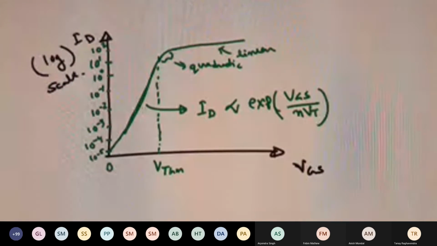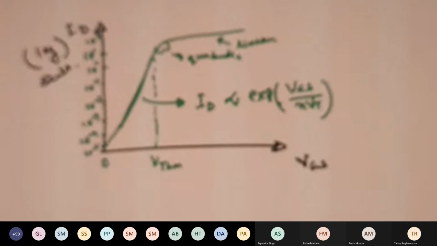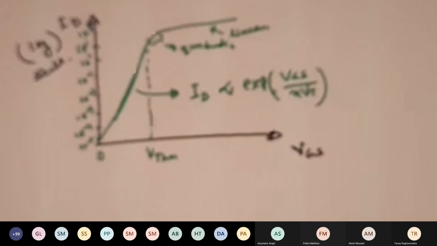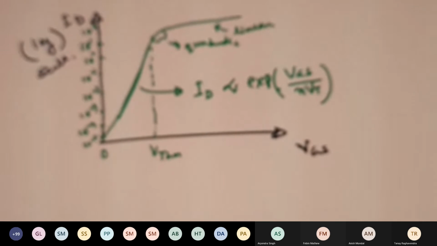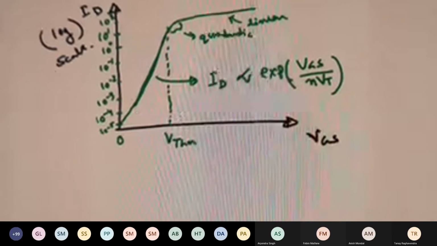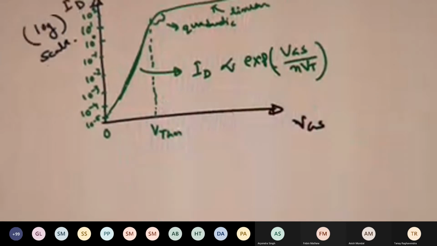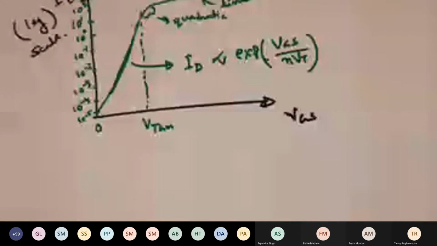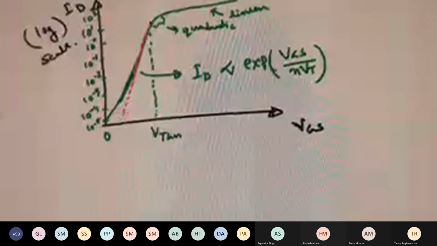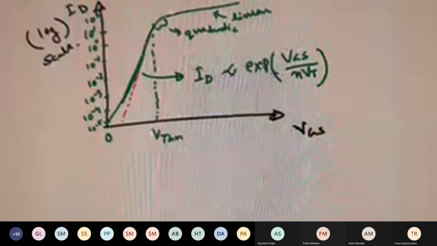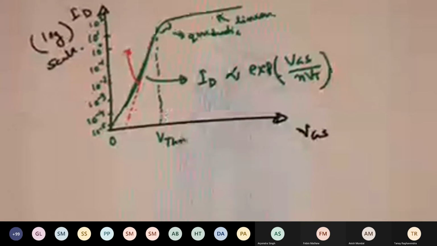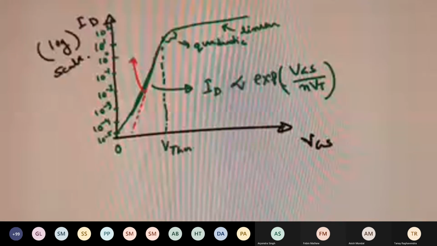And this will create a good amount of issue in the case of some dynamic logic, where some charge stored in some capacitor will decide the logic. So that we will take care of in the later part. But one thing that is quite important, and I hope you will also agree with me, is that we want this slope to be as steep as possible below threshold, right? This particular slope is called the subthreshold slope, which I hope you already know. So this subthreshold slope has to be as steep as possible, right?